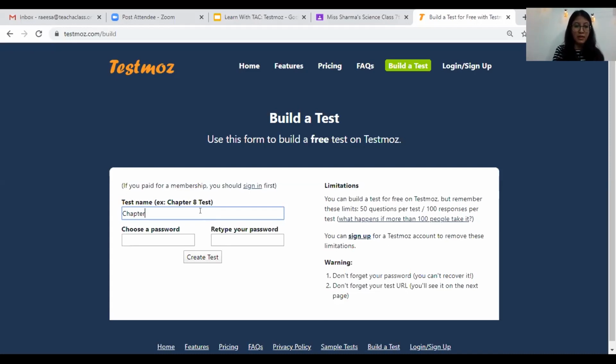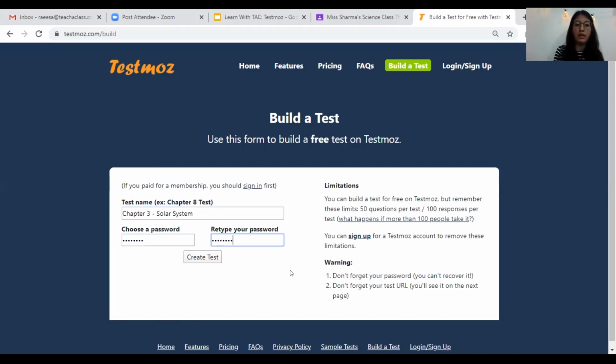So I'm simply going to select an appropriate name for the test. Once I type my password, I have to retype the exact same password once again.